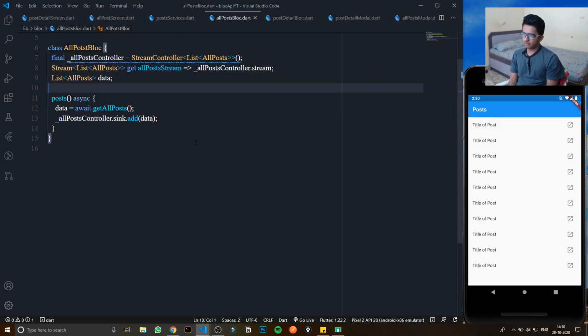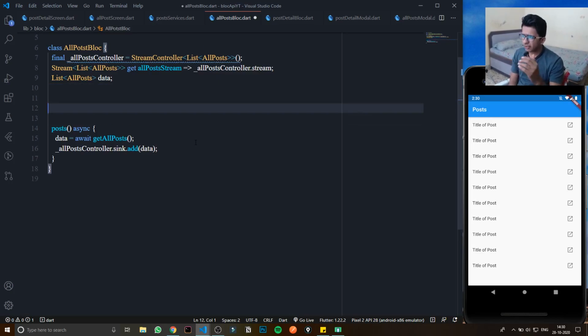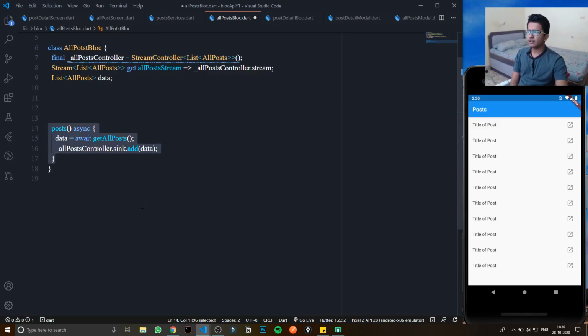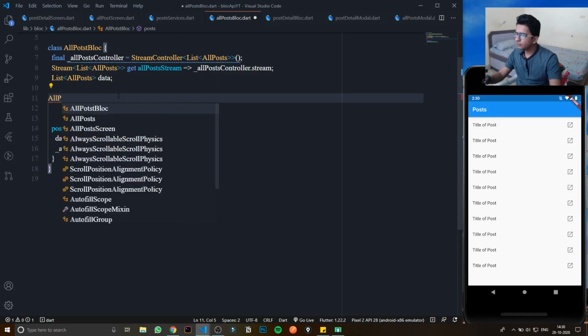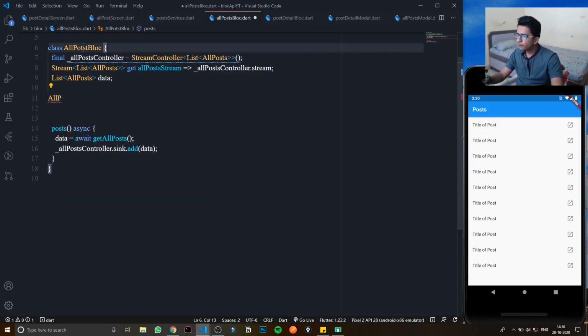By default this function should be called, right? Whenever the screen loads, this function should be called. For that, what do we have to use? We can use a constructor, right?